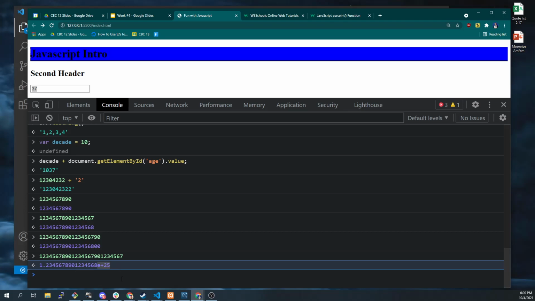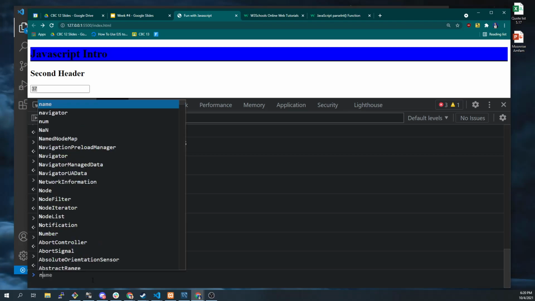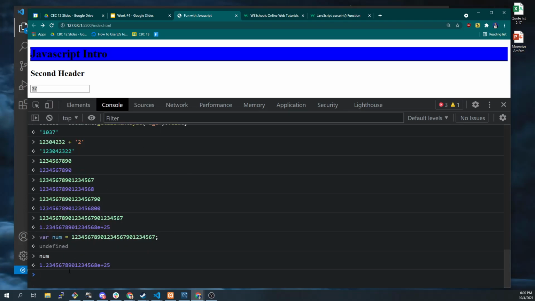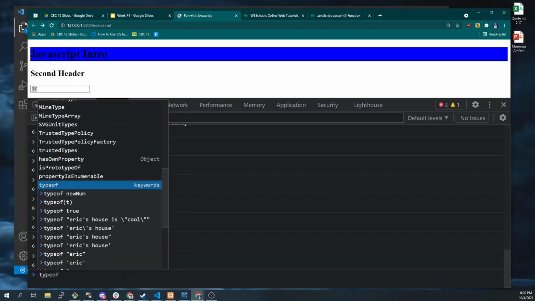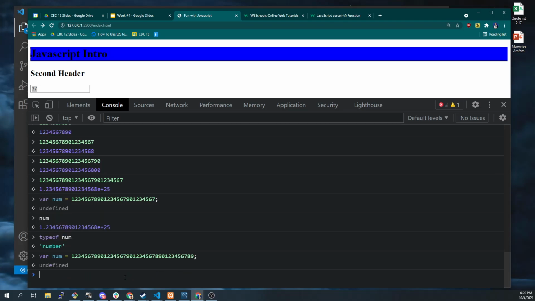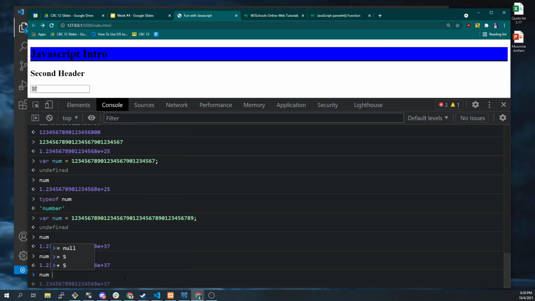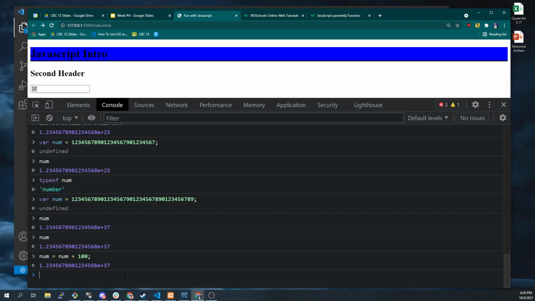So if we were to go in here and say var num equals, let's paste in this whole big thing. If we look at num now, it's this large number. If we do typeof num, it says it's a number. If we kept putting numbers in here, eventually we'll run out of space entirely. Good? Num? It's converting this in a way that we can, num equals num plus,